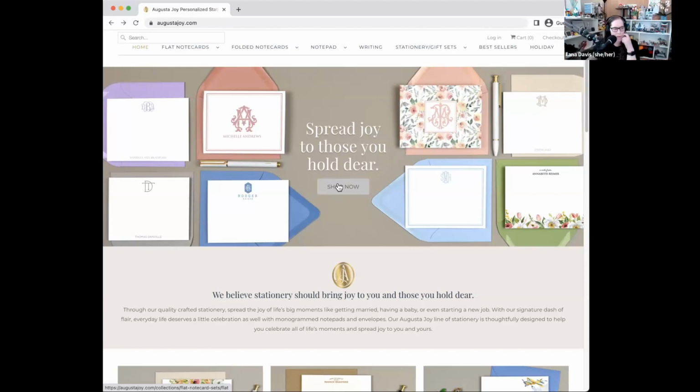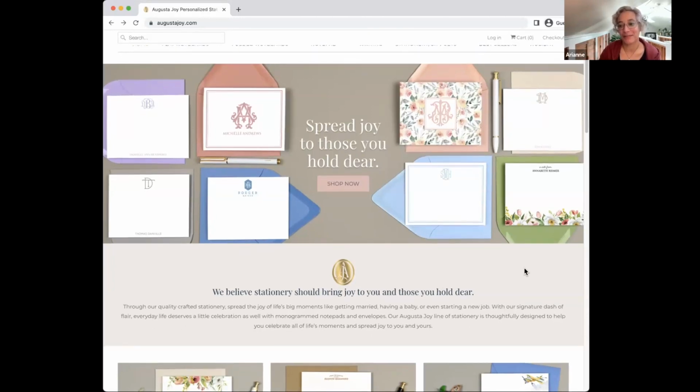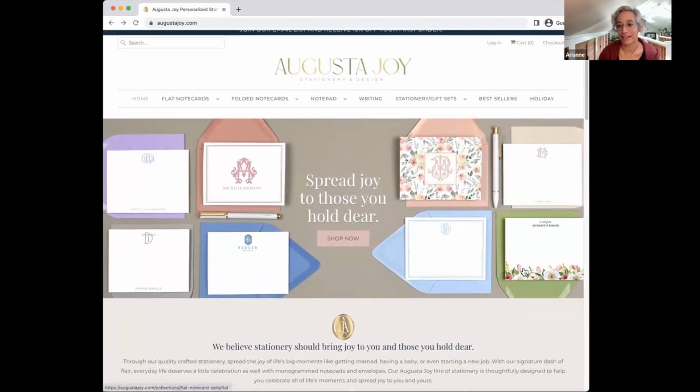And this one's not. This one goes to the flat note card. So I would have said shop flat note cards. That's what I would have made that button say, because then it's clear what I'm shopping. Yeah. You want the customer to know exactly what's going to happen. I don't want surprises when I click on links. Sometimes people come up with cute or creative category names, but then I just don't click it because I'm not playing an Easter egg hunt. I want to find what I'm looking for. So we tend to recommend that you're very straightforward in all your links and buttons and as explicit as you can be. So instead of shop now, shop flat cards would be totally perfect, like Alana said.